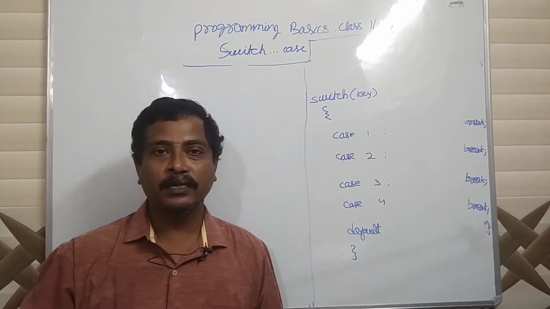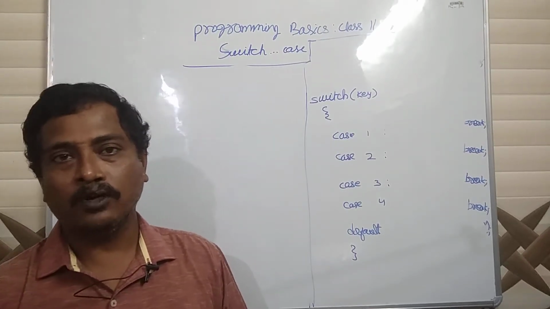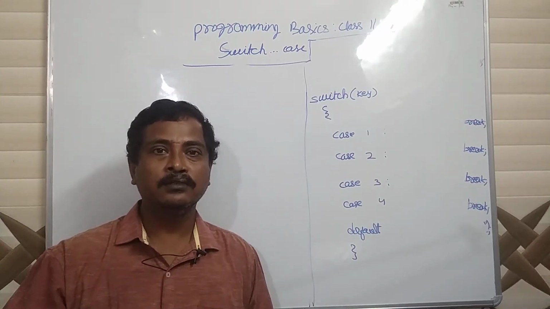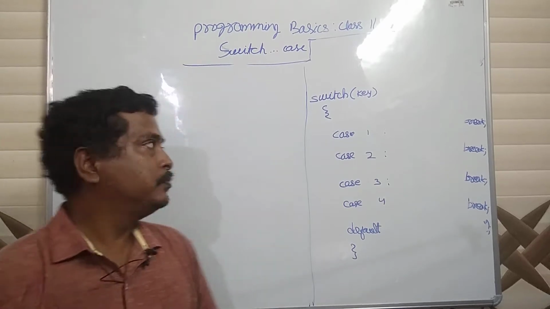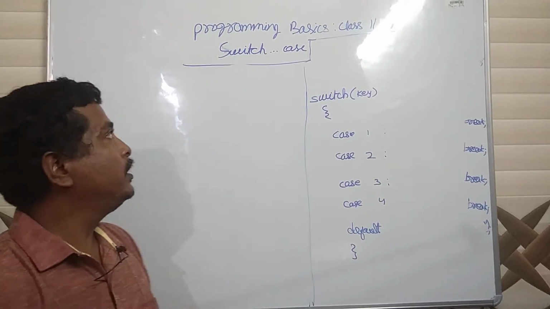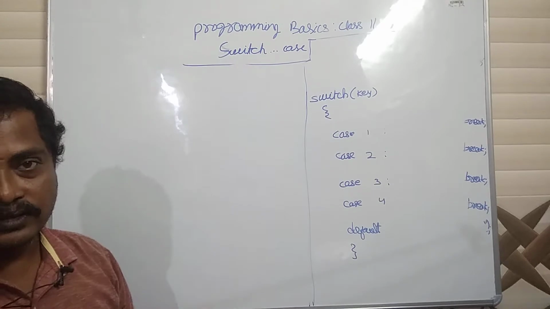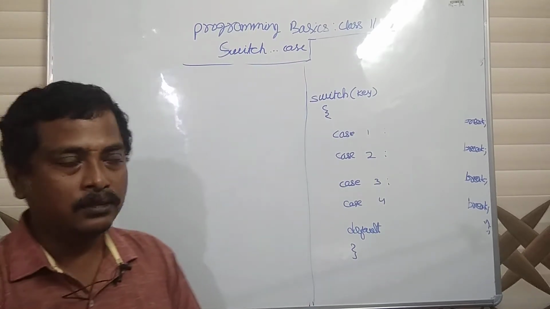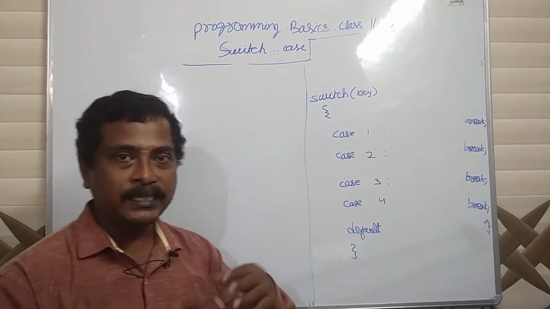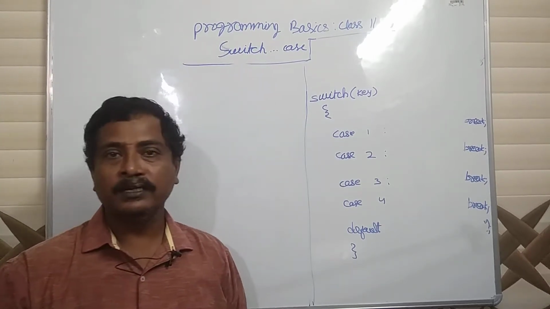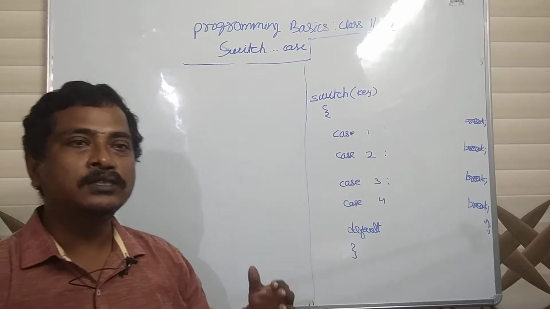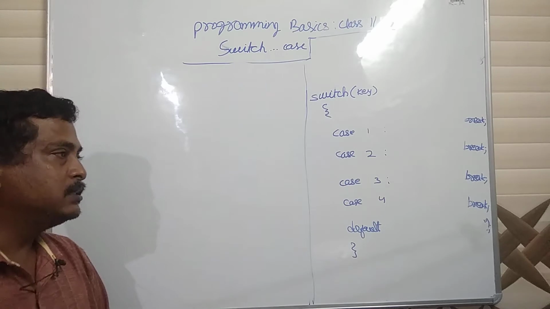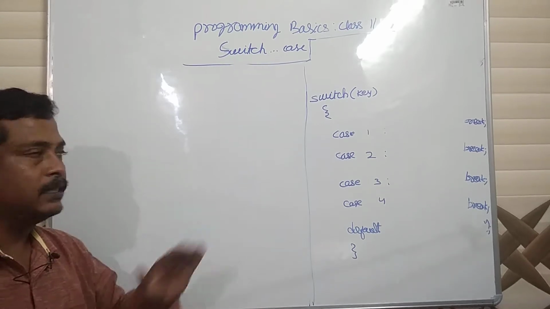We were discussing the fundamental concepts of all programming languages, the common concepts of all programming languages. In that flow, today we are going to discuss switch case, which exists in almost all the languages. In Python, switch case is not there directly, but indirectly it is required, so we can implement it using some other concepts. I will discuss that later. But in C++ and Java, the switch case is directly available.